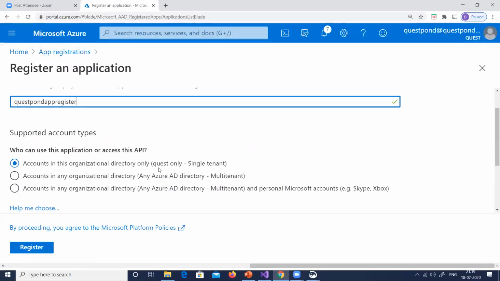First thing, do you want only your people in your organization to access this? Do you want it from any other organization directory? Like at this moment, this is questpond.com. Do you want, like, tcs.com to also access it, right? Then you can enable this. The last one says, do you want not only the Azure Active Directory